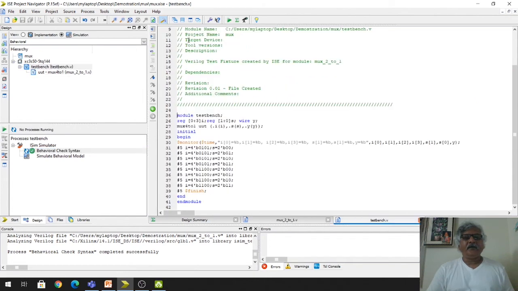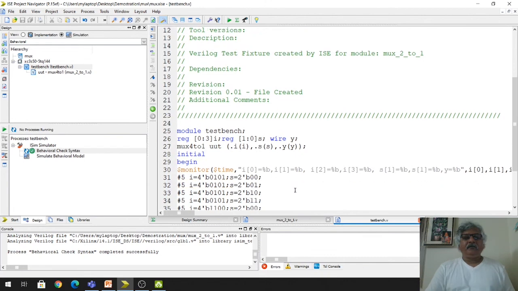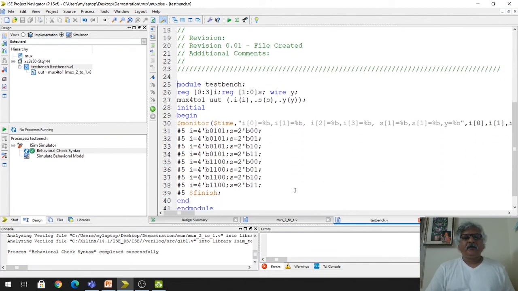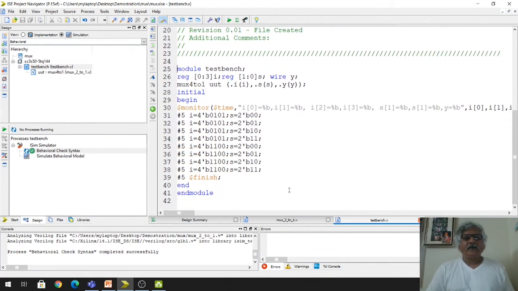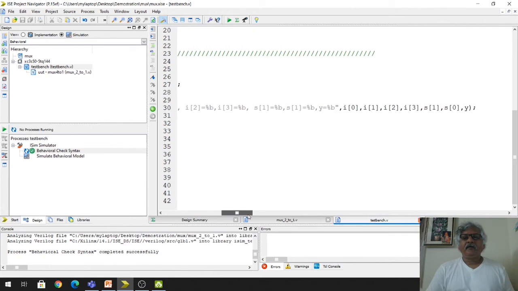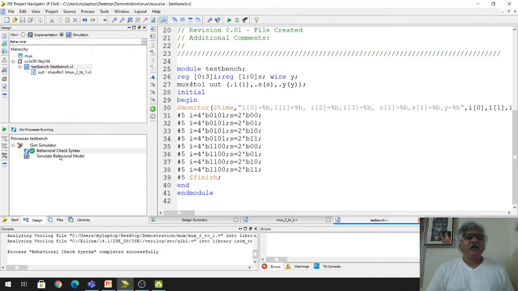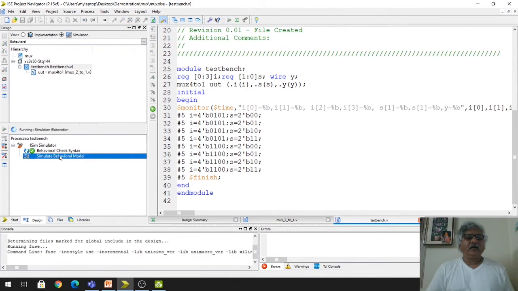Now this is the test bench. So this is the code of the test bench. Now I will simulate this particular test bench.